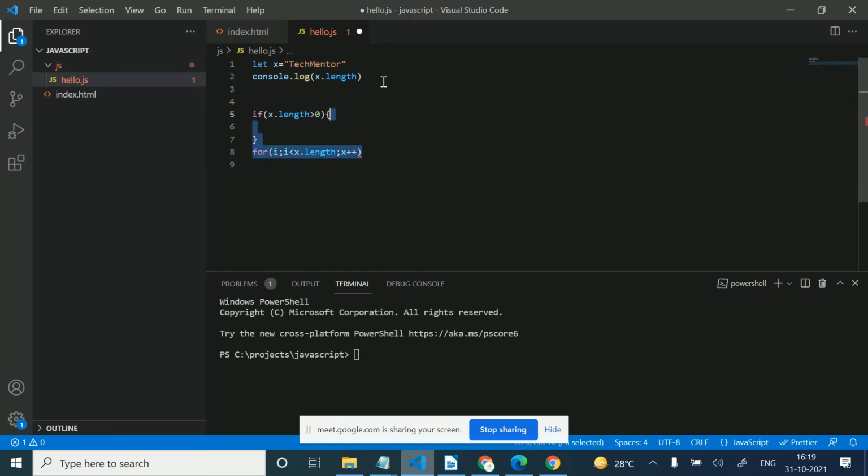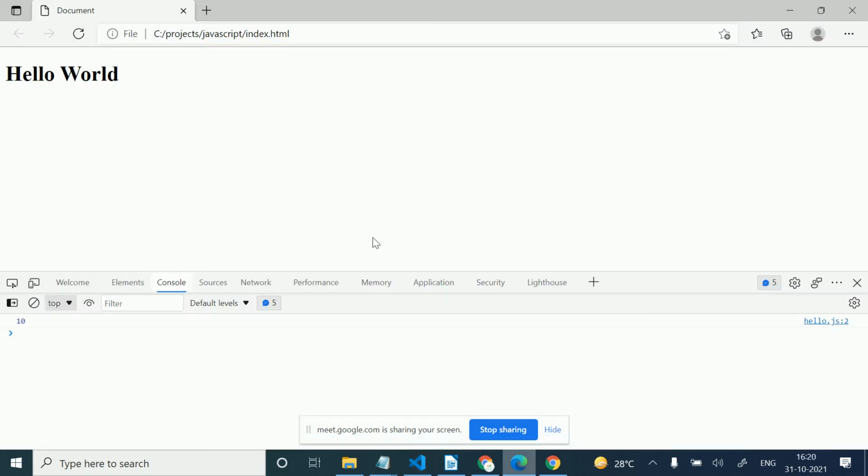Now if I want to get some specific letter from this, then I can use an index. Just as we get a value from an array, in the same manner we can get a character from the string. So let's refresh.